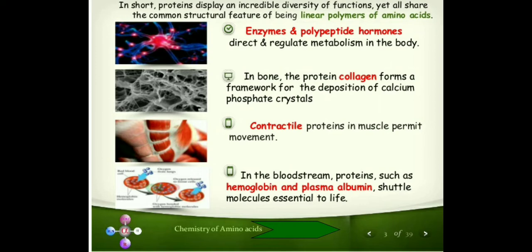And different plasma proteins like plasma albumin also participate in transfer of other molecules from one place to the other. And plasma proteins like albumin also participate in the maintenance of osmotic pressure in